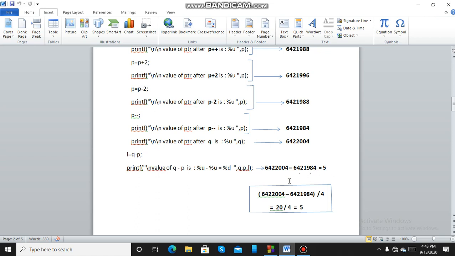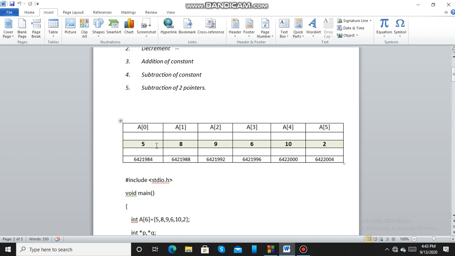That is because the difference 20 is divided by 4, and 4 is the size of the integer data type. So that is how I am getting this 5. This 5 is the number of elements between the addresses 2004 and 1984: 1, 2, 3, 4 and 5.